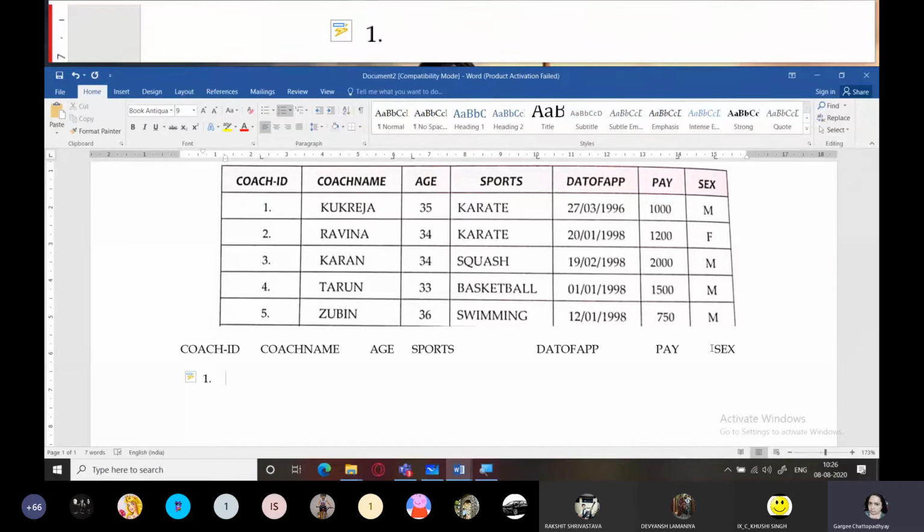Now it automatically takes up bullets and numbering. So don't worry about it. Instead of pressing tab, you can just press Ctrl Z quickly so that bullets and numbering goes off. Okay, because it automatically converts numbers into bullets and numbering style. So if you immediately press Ctrl Z, that is undo, it will quickly change back to its non-bullet form. So now coach name, age. Now I'm quickly just going to make sure that you go on pressing tab, and the moment you reach the end, press enter key so that this tab format is carried on to the next line also.